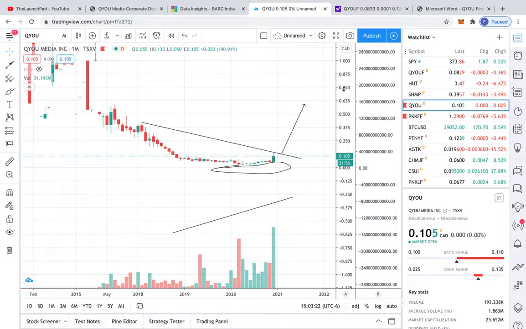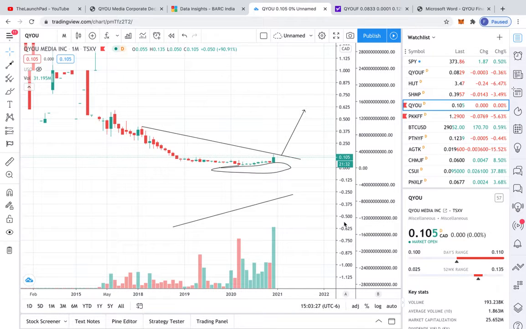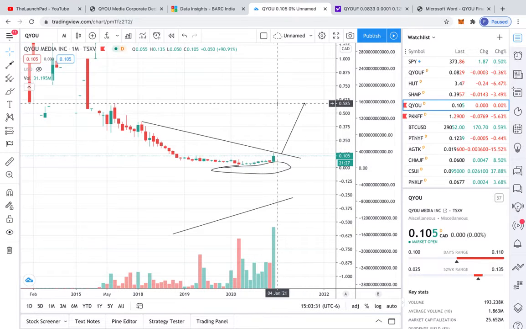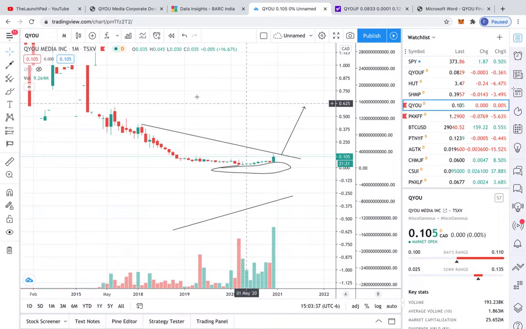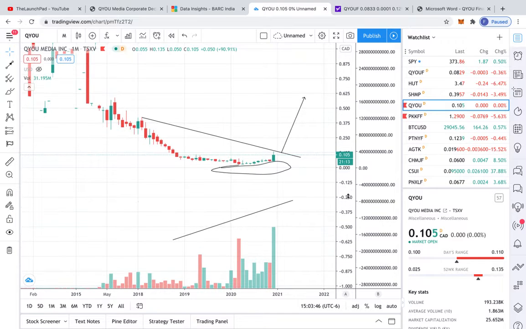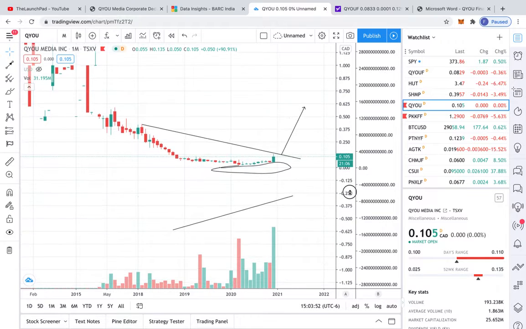So what I want to start out with is the technical side. What I want to give you guys today is a mix of technical analysis, and then we're going to go into the corporate deck and read a little bit about the company. But I want to stress that this is not buy or sell advice. This is just explaining my hypothesis behind this trade and why I'm currently invested into this company. And I hope you guys do your own research and come to your own conclusions.